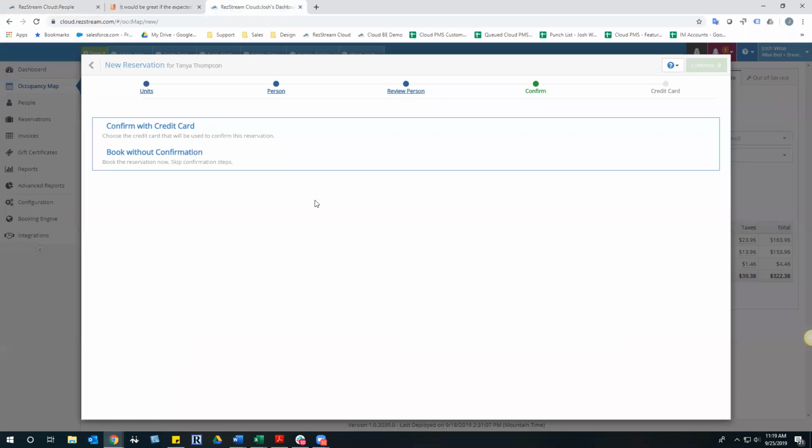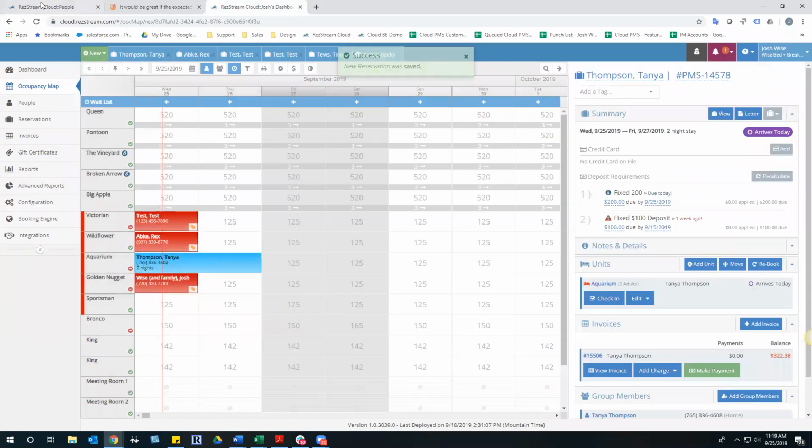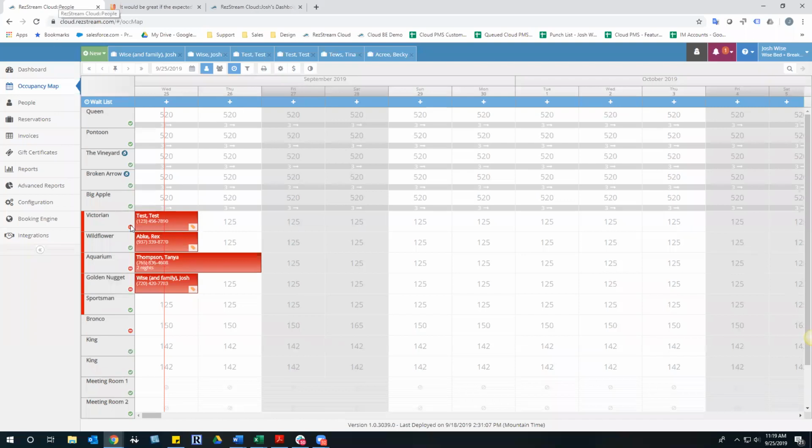But the way this now works, and this is live for everyone, this was released last week, is as soon as I make this reservation over here, this reservation is now updated over here. I come back to user 1's database, and you'll see that that bad boy is already in there, okay? Real time, automatically refreshing and updating this reservation software, it happened without me having to take any additional steps. That is leaps and bounds a better way of how this program should function for every user out there, whether you have multiple